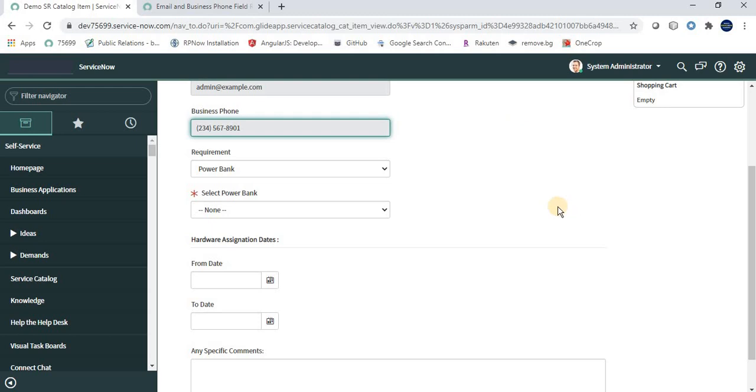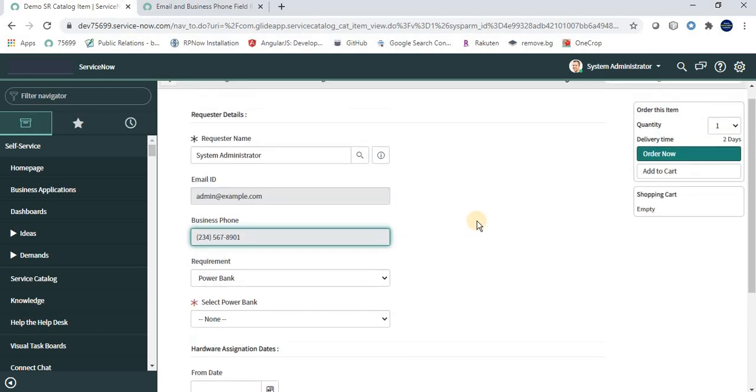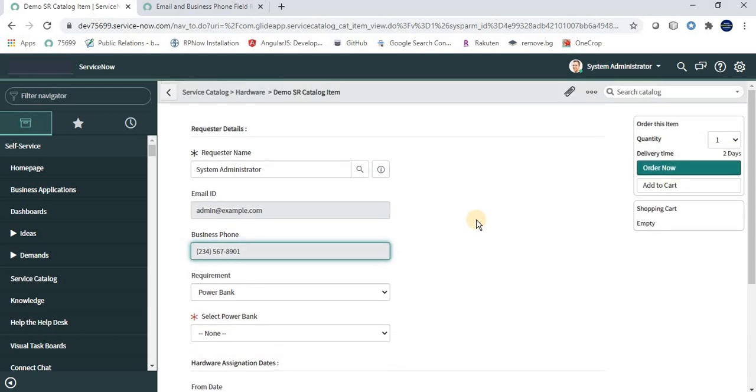So in this way we can implement catalog UI policy actions in ServiceNow. This UI policy is also the same as the UI policies which we do for tables like incident, change, problem, knowledge, etc. But the only difference is that this UI policy is applicable only on catalog items, or on a specific catalog item for which we are defining it.